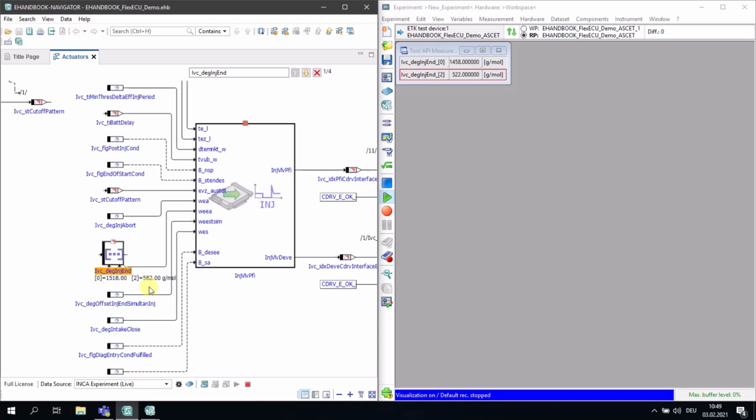This is because arrays can be of very large dimension and typically not all entries are relevant to be annotated to an interactive model. So with the selected variables in the connected Inca experiment, you have control over what is shown and what not. This also works with the so-called read-only mode for the Inca connection.